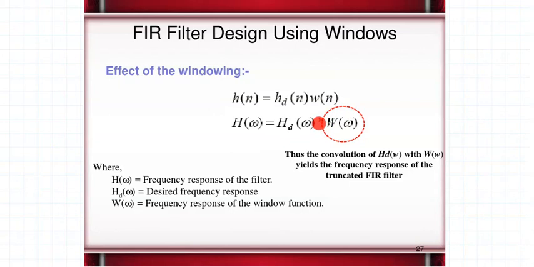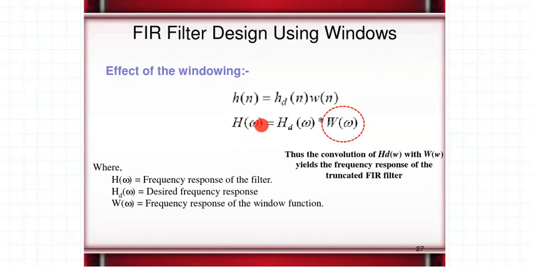So we are convolving. The way we said that we are multiplying, here we can now say we are convolving the desired frequency response with the window frequency response to obtain the final filter